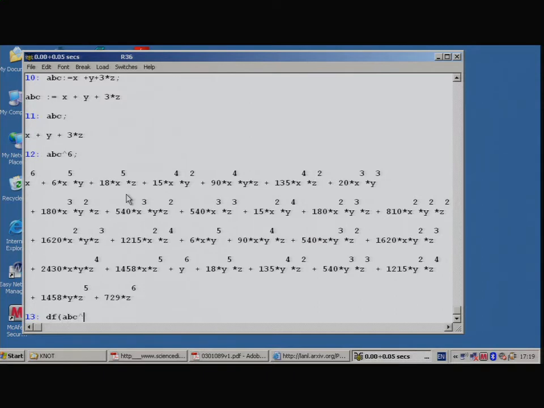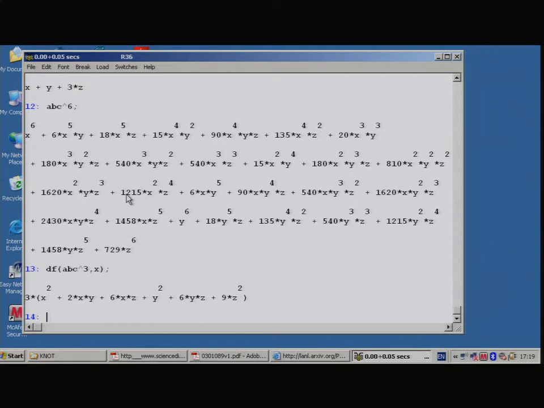ABC cubed with respect to x is that. So it's a very powerful language, and you can create multidimensional arrays and do all sorts of things. You can't do the same sort of size that you can do with APL, but you can do very powerful algebra. Okay. Now, in string theory